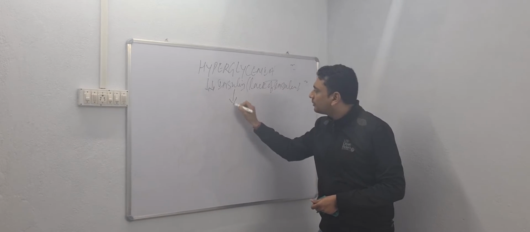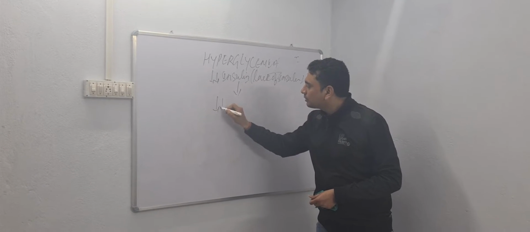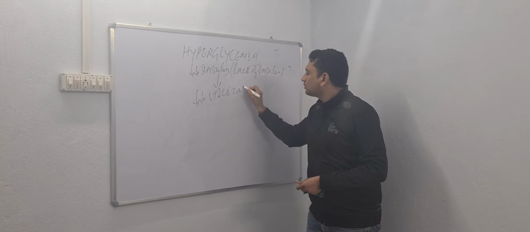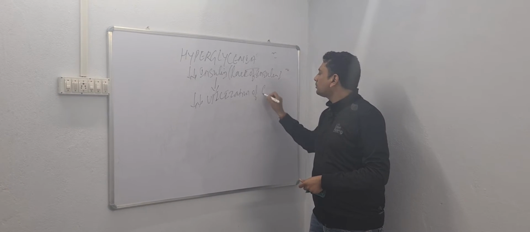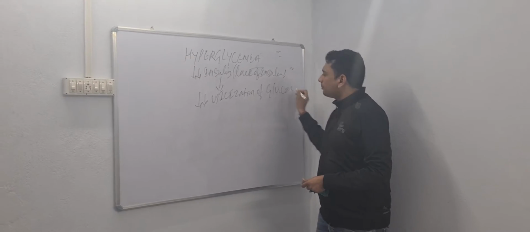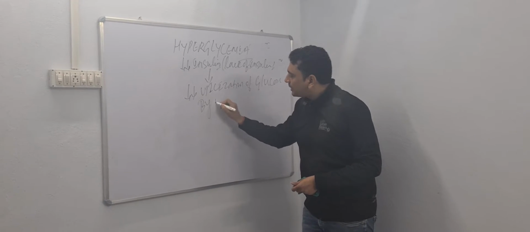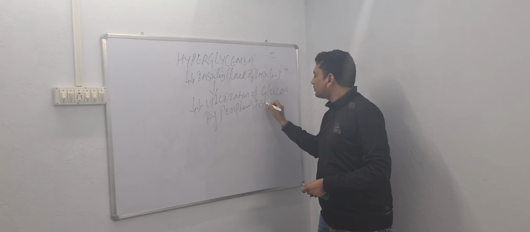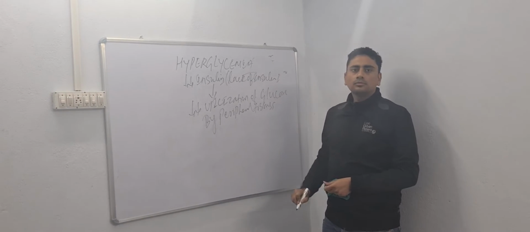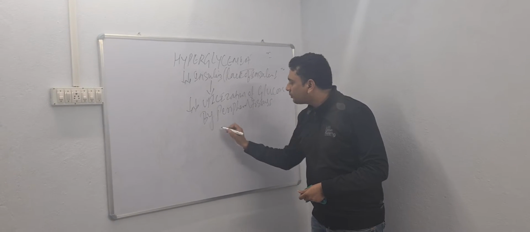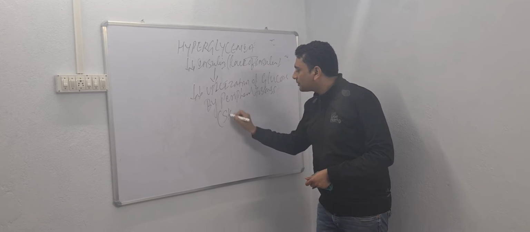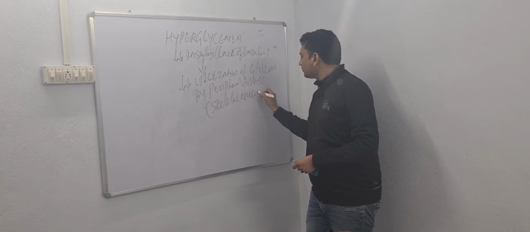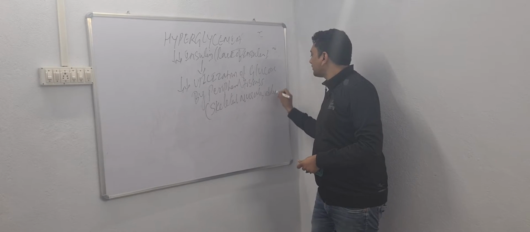There will be decreased utilization of glucose by peripheral tissues. Like what? Like skeletal muscle, adipocytes,